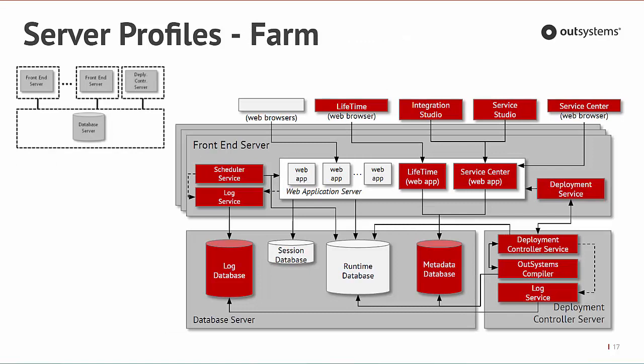In a farm environment, which actually is the most common setup of a platform server, distinct servers have distinct parts of the software installed, and you can have multiple servers being used for redundancy. So front-end servers will require the application server and the deployment service, log service, and scheduler service when it comes to OutSystems platform services. The deployment controller server will require also the application server, and this is basically because there